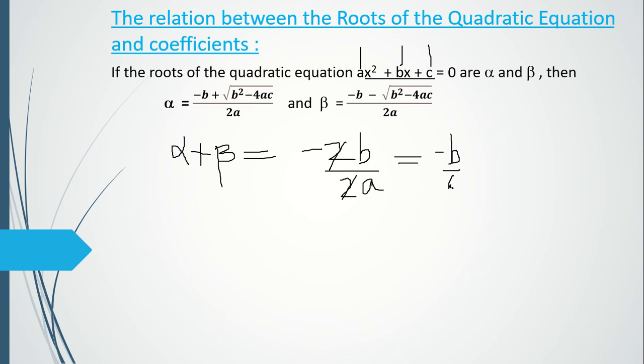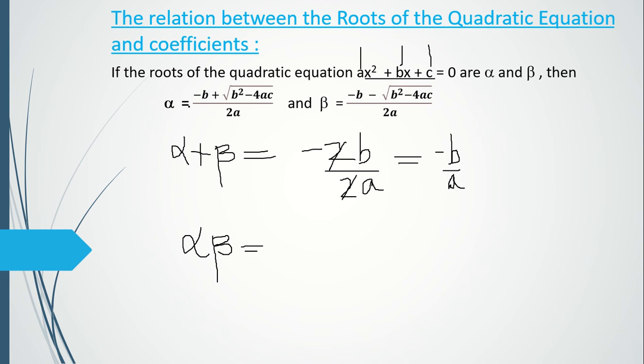So what formula did we get? We got a formula, the sum of the roots. Alpha plus beta are the roots, no? So the sum of the roots is equal to minus b upon a. These b and a are the coefficients. Okay, b is the coefficient of the second term and a is the coefficient of the first term. So this was alpha plus beta, and next we take the product of the roots, alpha beta.